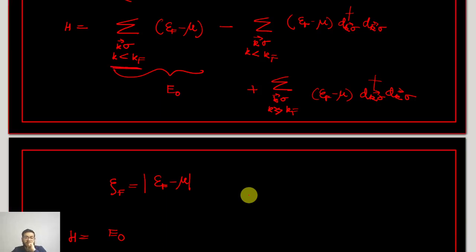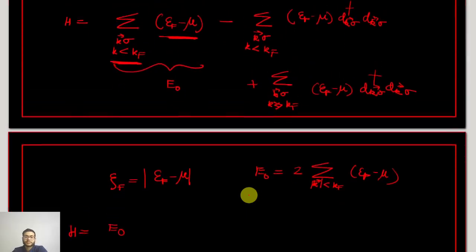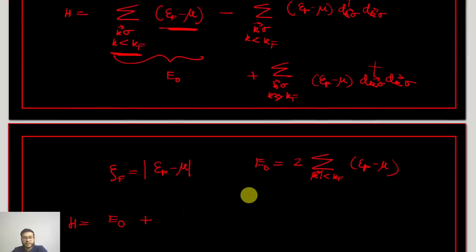It takes into account all of the states which are below the Fermi momentum, or the Fermi energy, and populates them with one electron each, for each spin. So E naught is actually 2 into the sum over k less than kf of (ef minus mu), because there are two electrons per each k, because there are two spins, right? So if we do that, then we will get